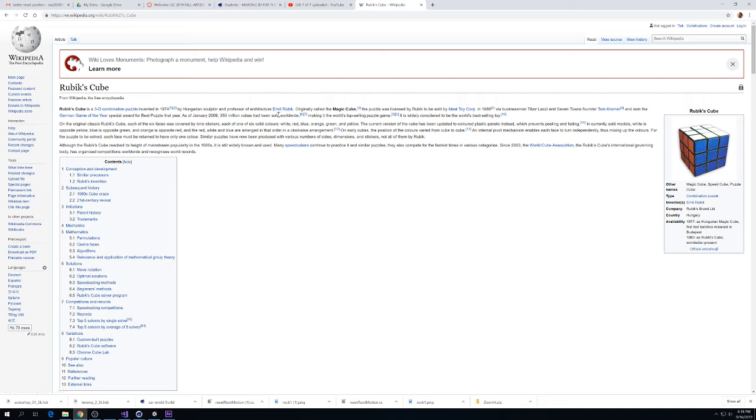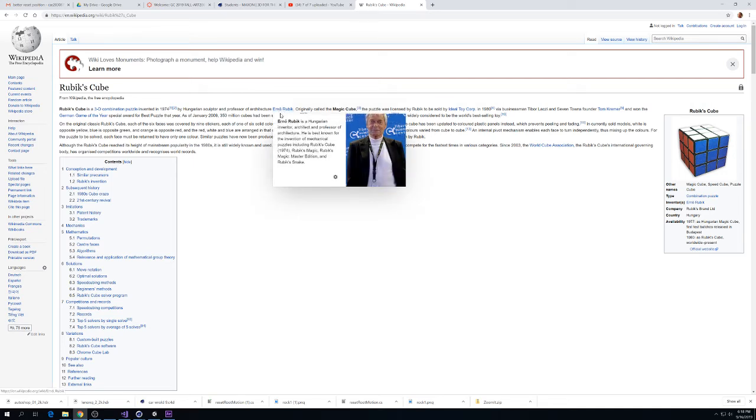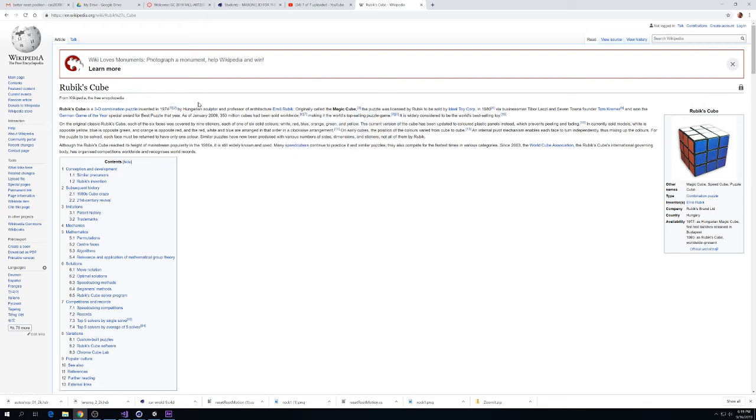Invented by Erno? Emo? Erno. Does anyone know how to pronounce the two dots over an O? I think it's Erno? Is it two dots? No, it's two commas. All right, regardless, this is the guy who, it's his cube, so